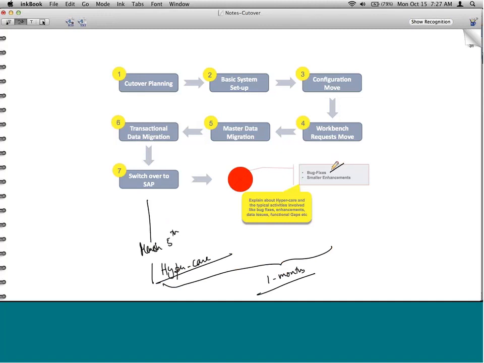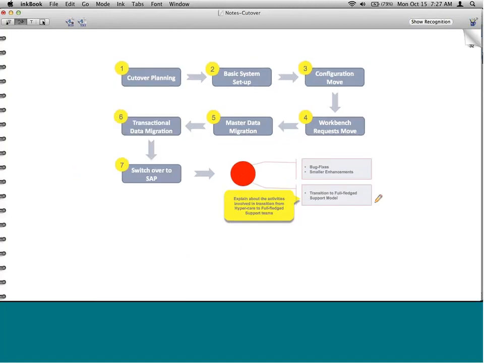So smaller fixes, bug fixes, enhancements will be taken care of with the hypercare. So anything that stops the business from happening will have to be absolutely taken care of in hypercare. Failure enhancement, something the customer can live with, but they are required because they are a pain, will be taken care of after hypercare. Okay. And then after that 15 days or 1 month, when the hypercare is over,